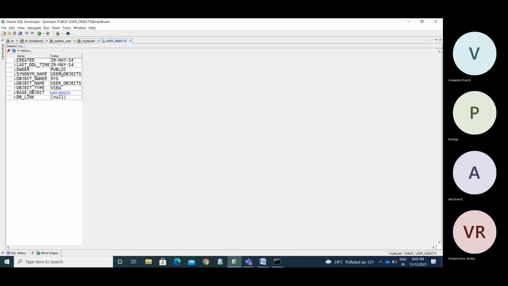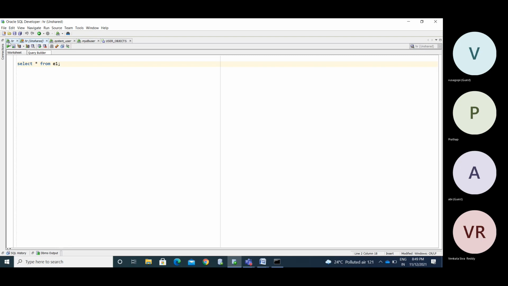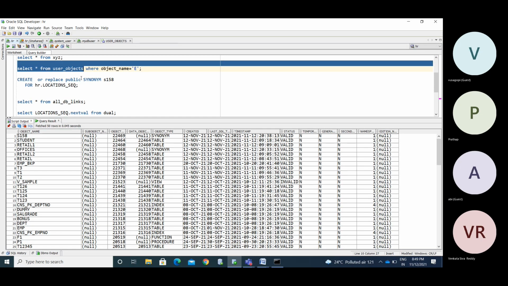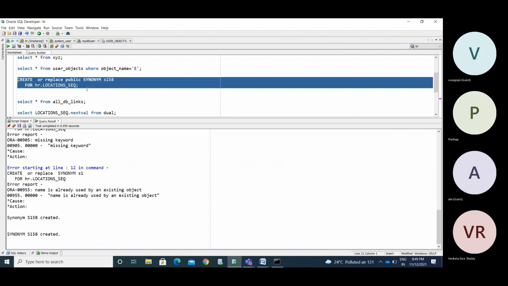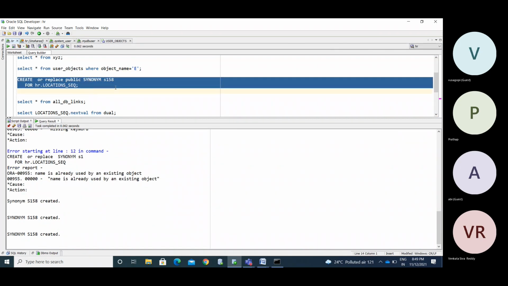All data dictionaries, all meta objects, and system defined tables are all public synonyms. Okay, this is about synonyms. We have two types. We don't have authority to create public synonyms, but now I am going to create one with the public synonym. We have the access.